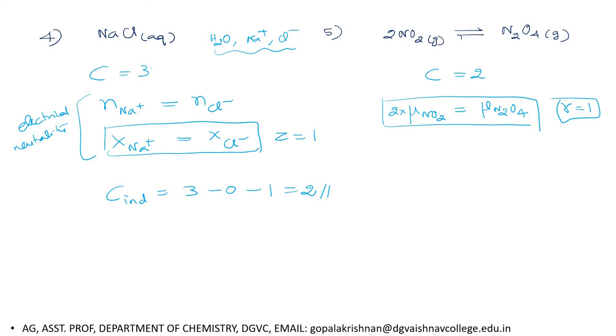Then, is there any additional condition? No, because in this case we have one reactant that reacts and forms one product. Since there is one reactant and one product, you need not worry about additional conditions. If you get 2 or more reactants, 2 or more products, then you have to look at the additional conditions. So in this case the independent chemical constituents is equal to the actual constituents present minus equations, and there is no additional condition, so it is 0. Therefore the number of components in this system is 1.